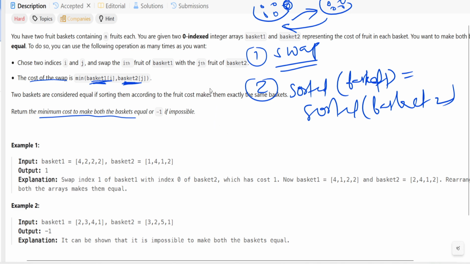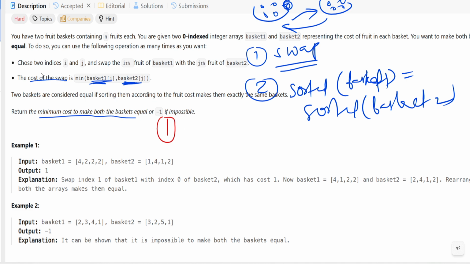Means if we try to understand what conditions we have been given, what are the conditions we have been given? Very first, the condition is saying that